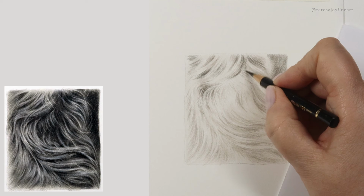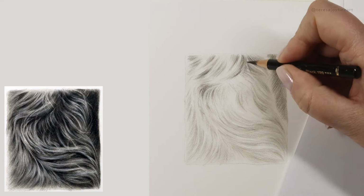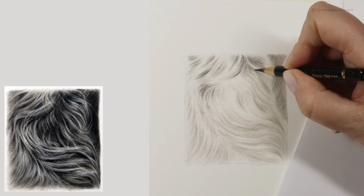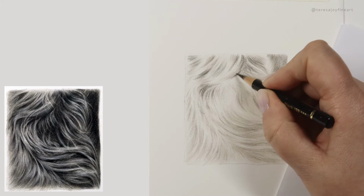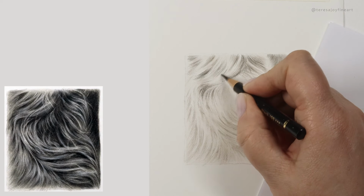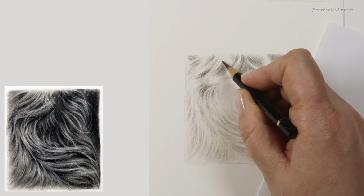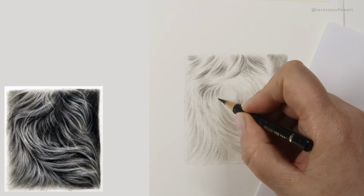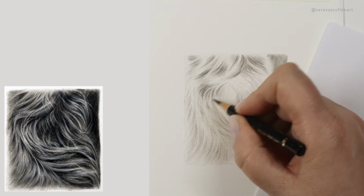I'm going to come around here and just start to shape this way. And this is just a rough study. It doesn't matter if you're making your fur look a bit different to how it looks on the reference photograph. The reference photograph is just here as a guide. I'm just starting to build a little bit more depth into this curl, where I can see that it's